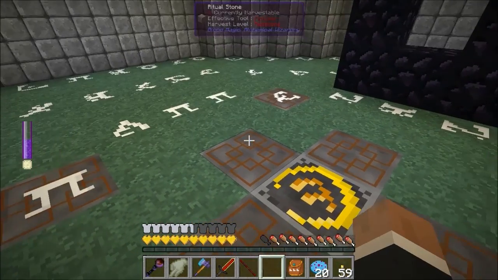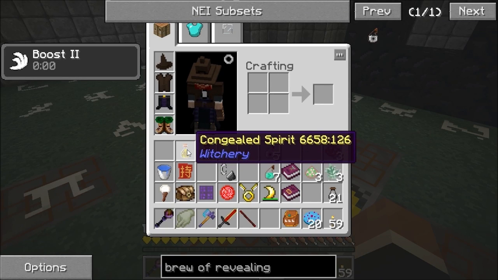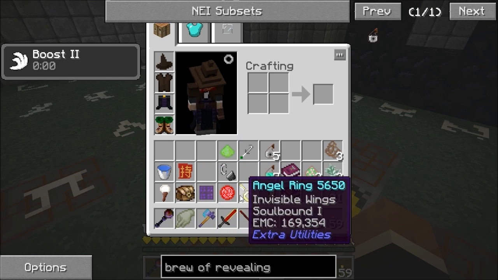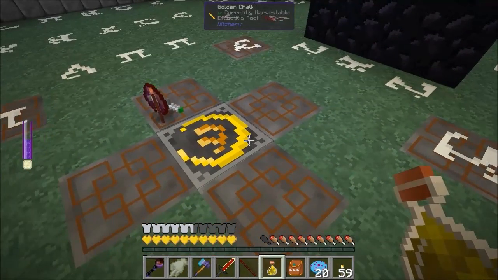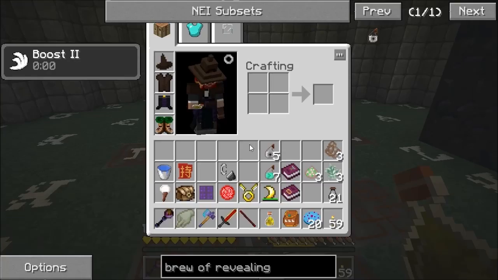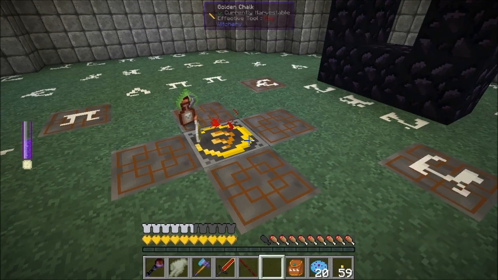What I want to do first, and it's night time, I want a necromantic stone. I want a congealed spirit. I only got 1 of them from those 5 subdued spirits. I want my condensed fear that I got there. I want a spectral dust and a bowline. And then I want to click on that with an empty hand. Congealed spirits come back to me. Click on that with...